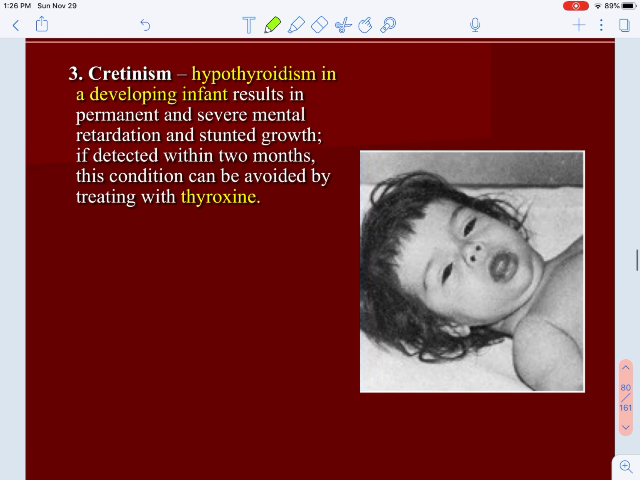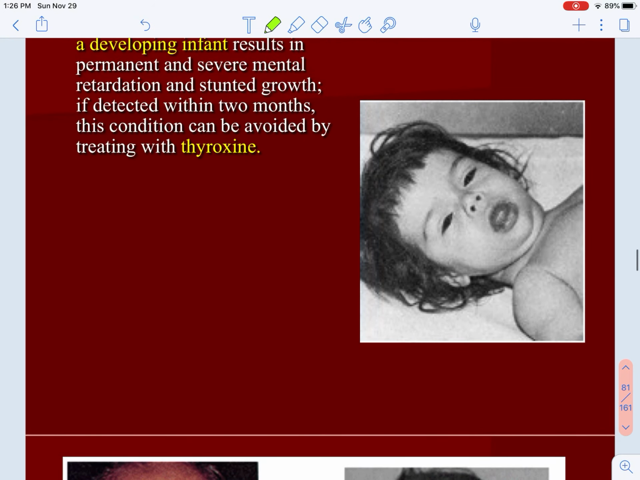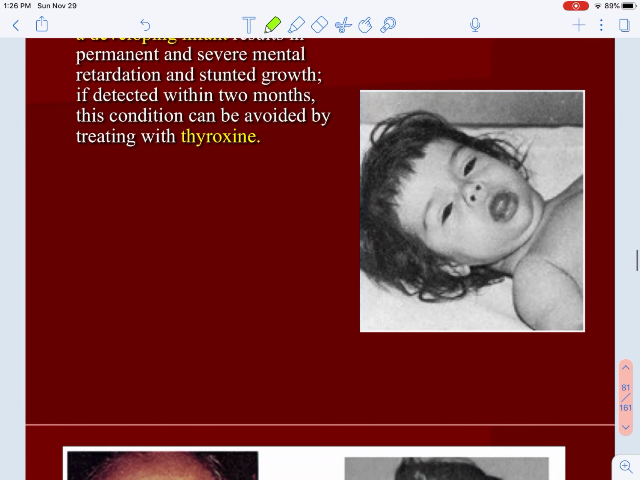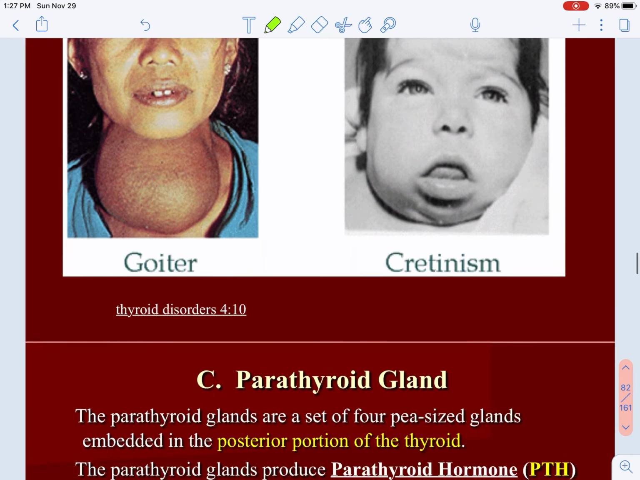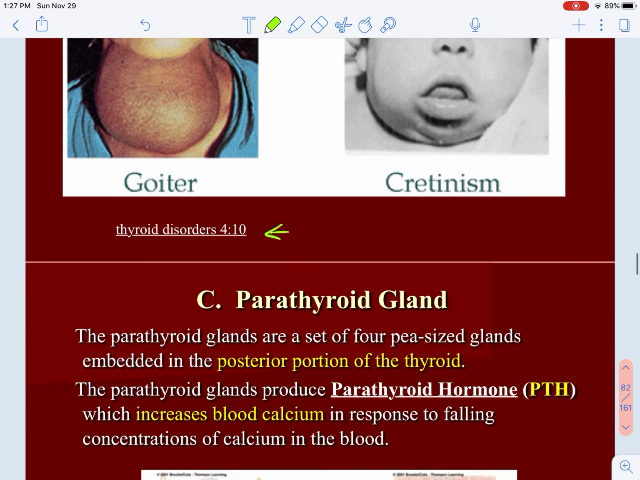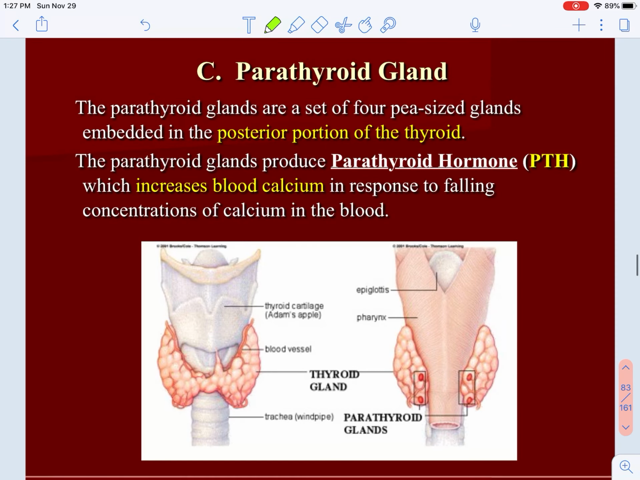Okay, we mentioned the baby with severe mental retardation very quickly within months. If they don't have thyroid production, they will not be metabolizing their food. And you guys can check out this video on thyroid disorders. Okay, the last part of our topic is the parathyroid gland that is found at the back of our thyroid